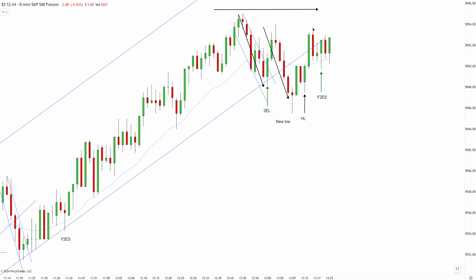And market even offers you a little bit of a mini second entry long. So if you're unsure here, you have a now new high, first entry long, second entry long. So now you definitely can enter. This is what we can call add-on opportunity. If you're holding here and you get this setup, you can add on again. But this is way more advanced.